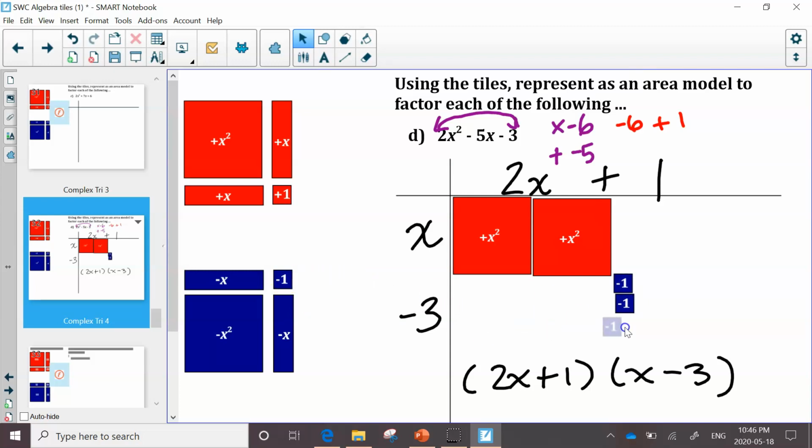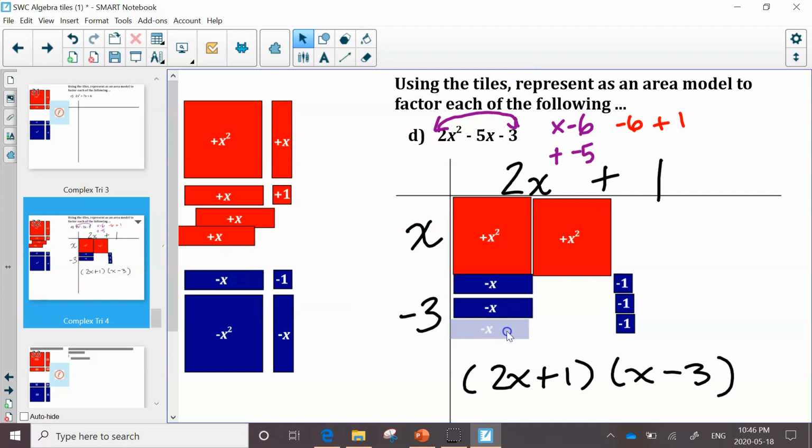Must be this version, because then that gives us the right amount. I'm using positive when it should be negative. Gives us the right amount of x's. So -6 x's